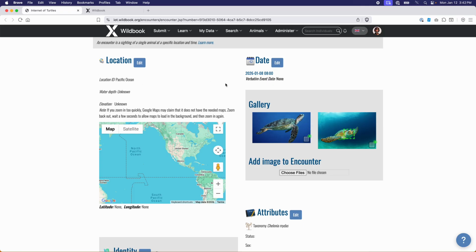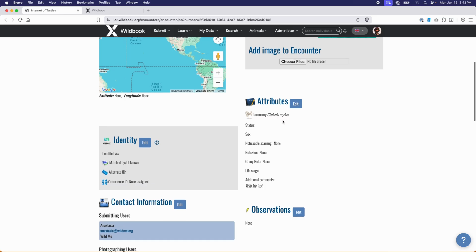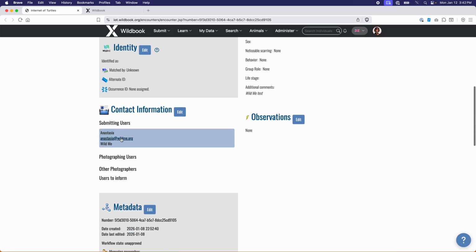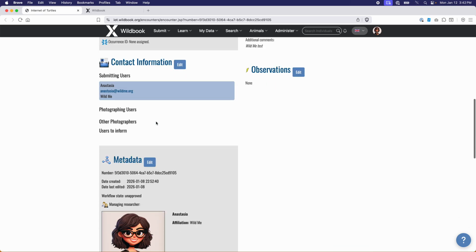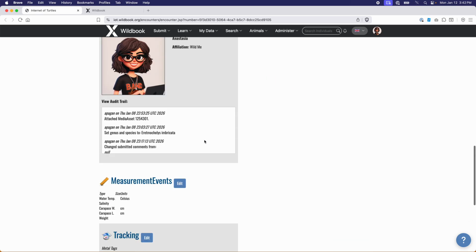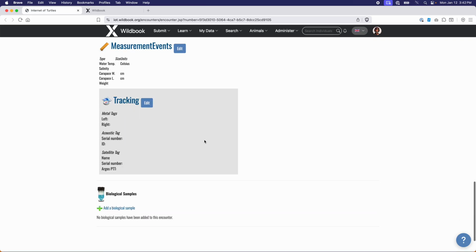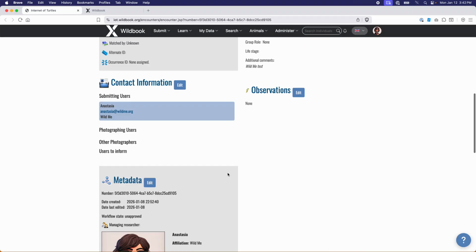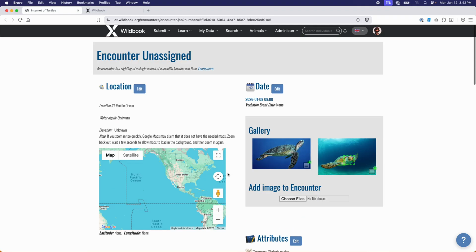out. Our location over here, the date, observation attributes, identity, contact details, metadata, measurements, tracking, biological samples. So there's a fair amount of scrolling that we have to do to view the full details of the encounter